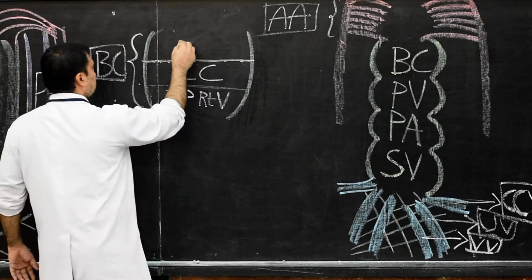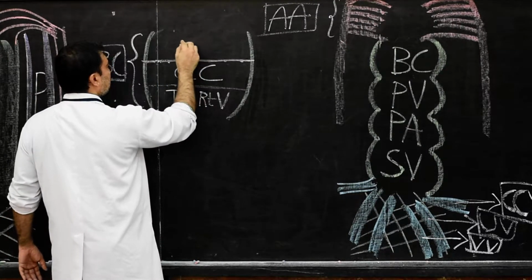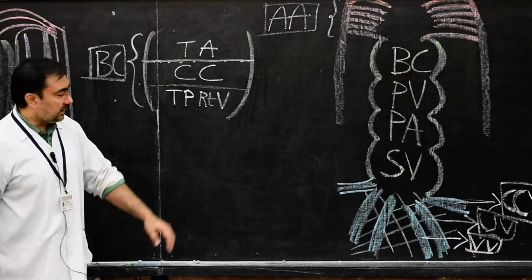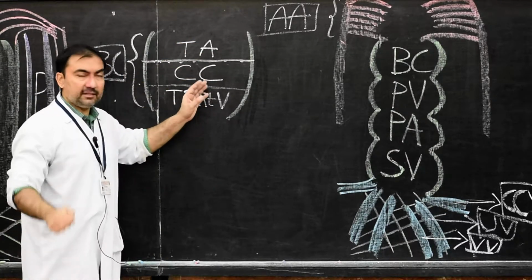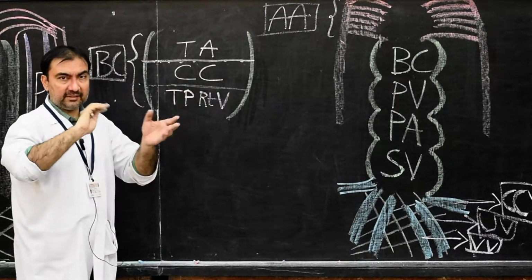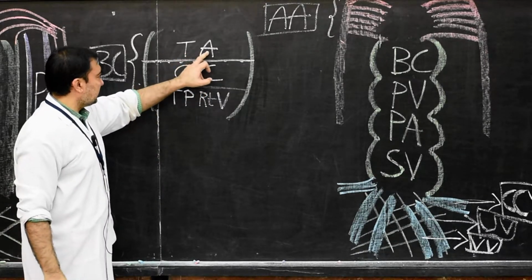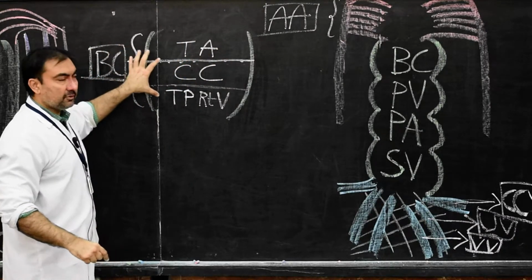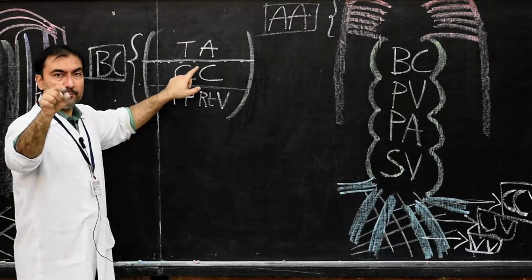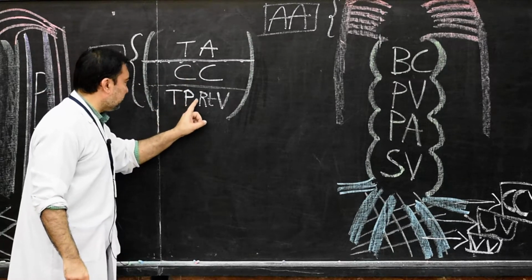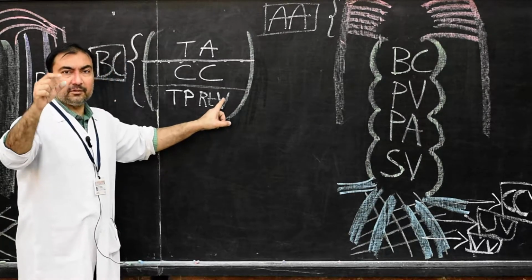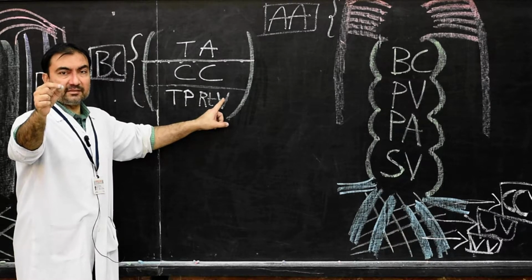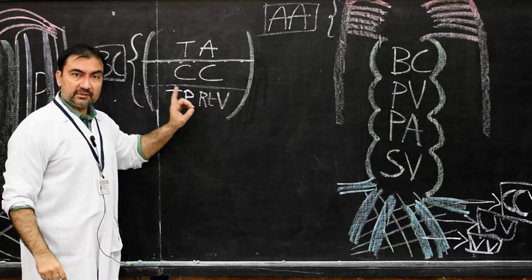And the distal segment, this segment here, will be known as truncus arteriosus, very important. And remember, all these 3 divisions can be asked in 1 mark question answers or in the MCQs. You can form it yourself. Truncus arteriosus is a segment of the distal 1/3 of the bulbus cordis. Conus cordis is the segment of the middle part of the bulbus cordis. The trabeculated part of the interior of right ventricle will be a segment of the proximal part of the bulbus cordis. These are the 3 segments of bulbus cordis.